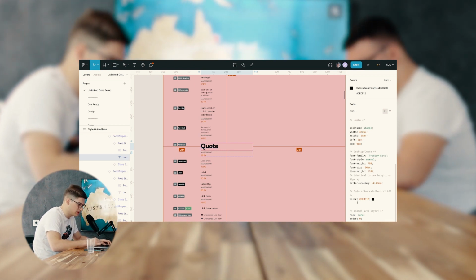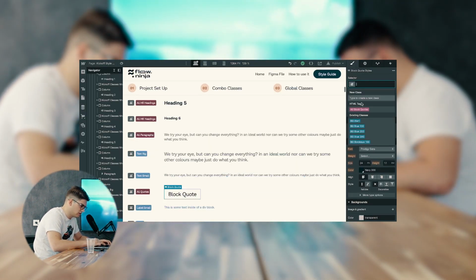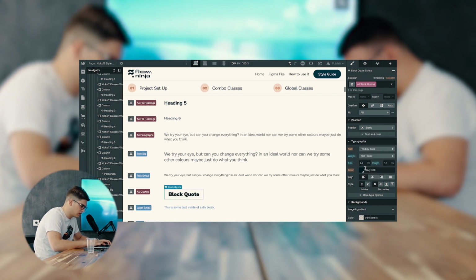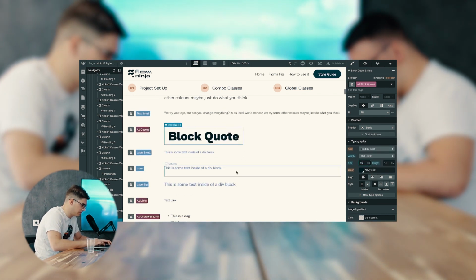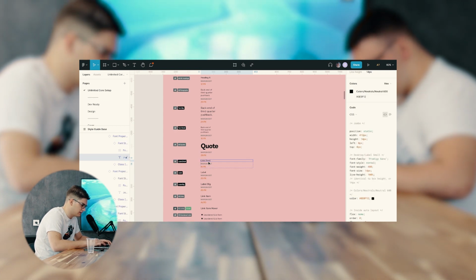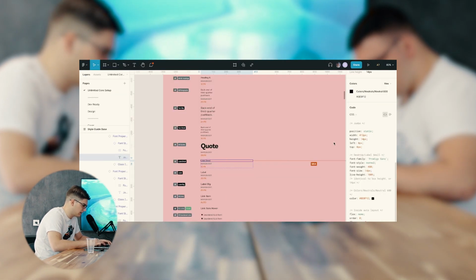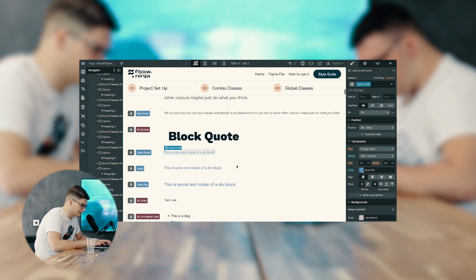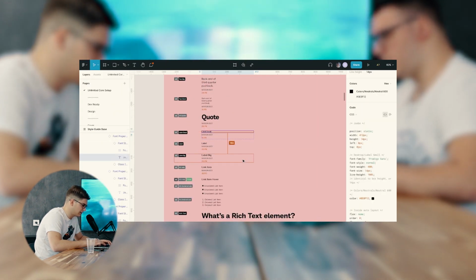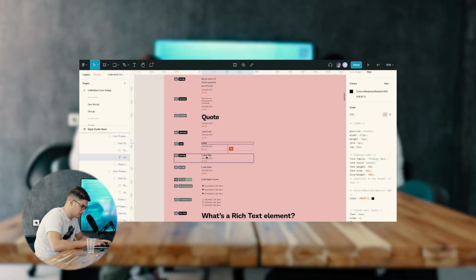Currently, I'm setting up the quote itself, so that we always make sure that every single item that you can find in Webflow is set up from the start, so that we don't end up in a situation where a client adds a quote or whatever and it's not designed as expected. So let me just go here,